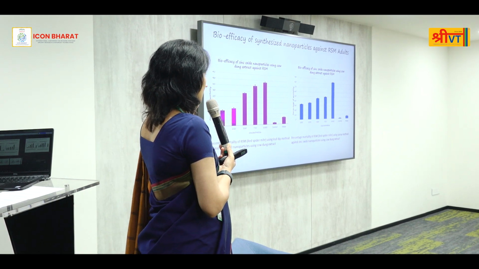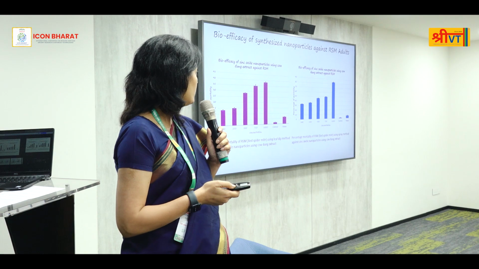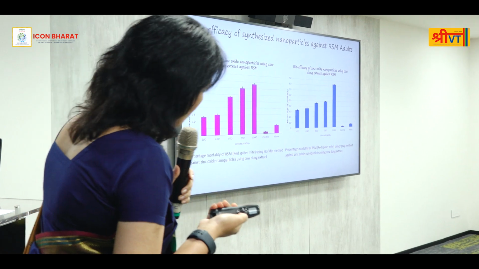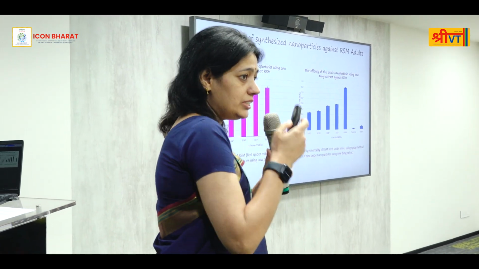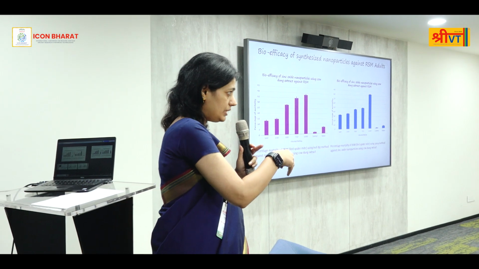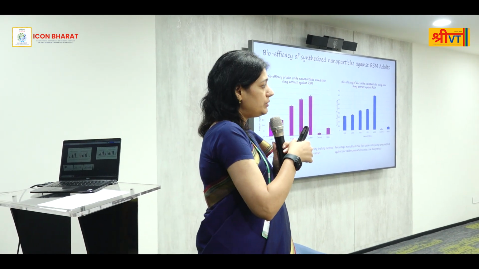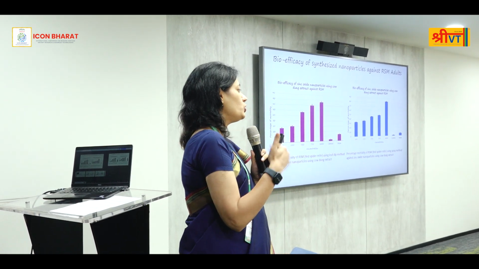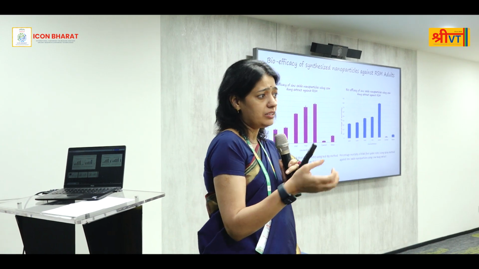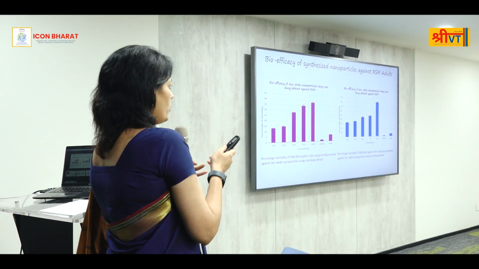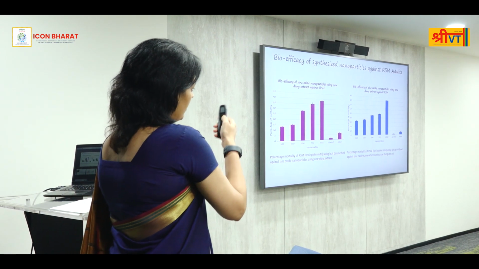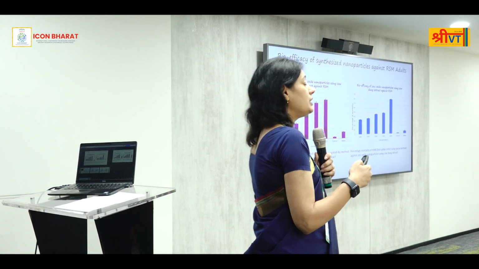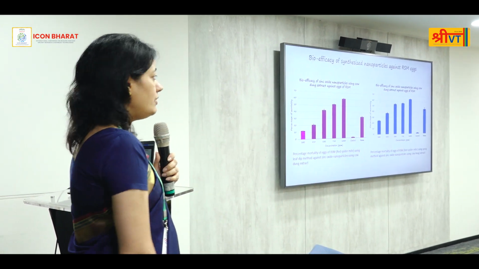So we found that the most effective one was zinc oxide nanoparticle at 1000 ppm, and it was 1000 ppm again on eggs. We just did two methods. One was the leaf dip method and another was the spray method. So we dipped the leaf in the solution and then we sprayed it over the solution, and we found that absorption was not making a difference because it was nanoparticle, it was getting absorbed anyway. In both the cases, our 1000 ppm was much better than control, and it was even better than the most popularized neem bioproduct. And then we did it on eggs.